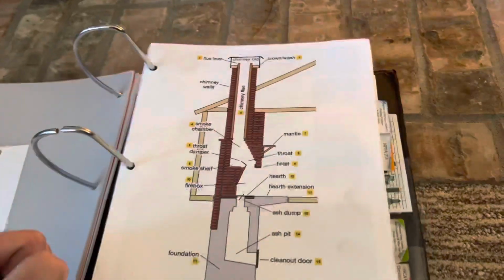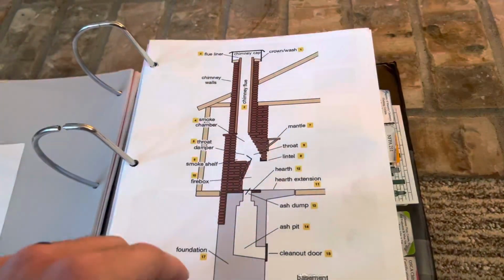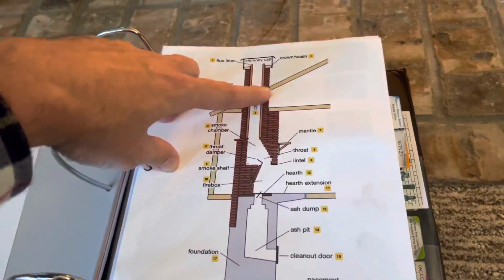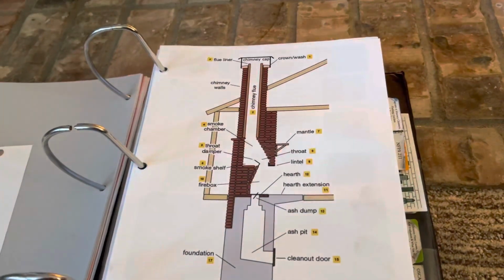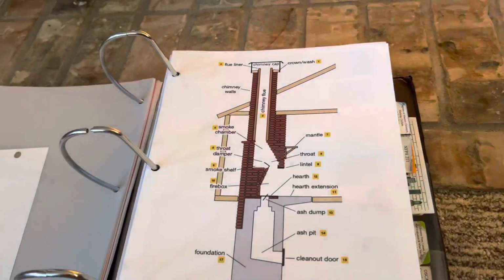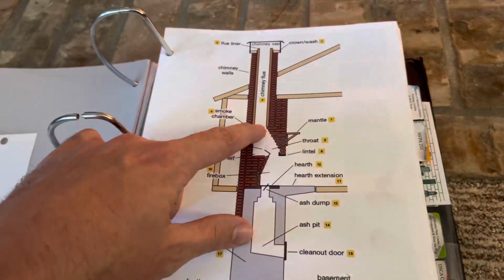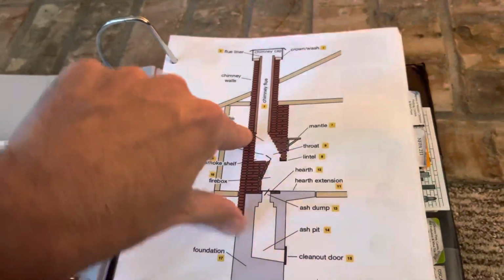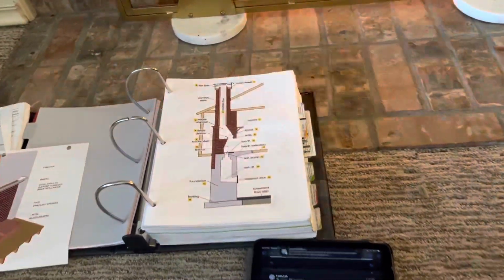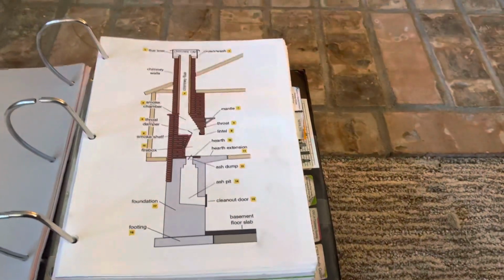The chimney liner goes all the way to the top of your chimney, and it protects your home, like the combustibles around the chimney, from getting too hot. If your house is built pre-1960, a lot of times you don't have what's called the flue liner or the chimney lining in the flue. So a lot of those houses are not to code anymore, and if you burn in an unlined chimney, the